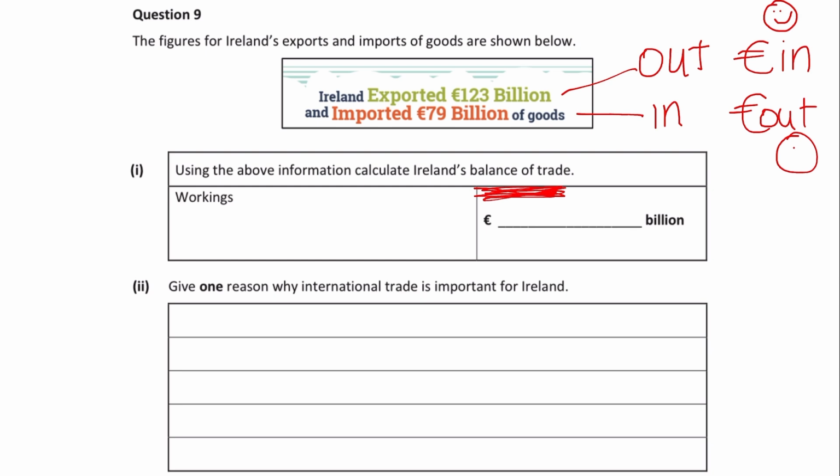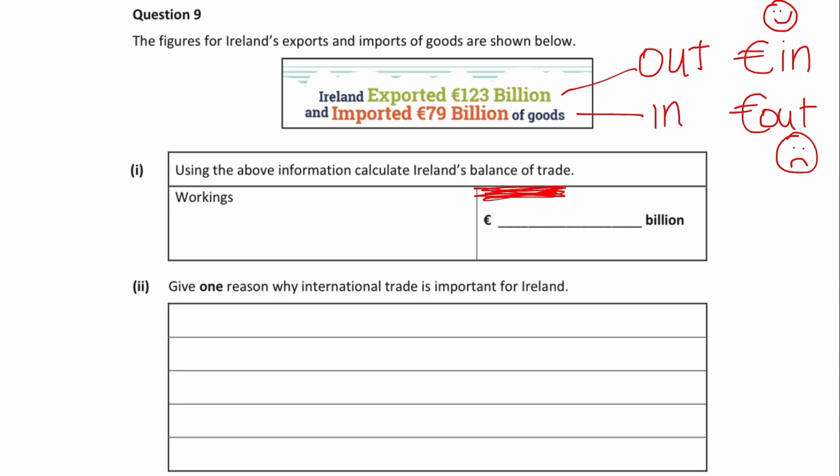Okay, so we want to have more exports than imports. So think about that. We want to receive more money in this country from exports, and we want to spend less by giving it to other countries. Okay, so we want more exports